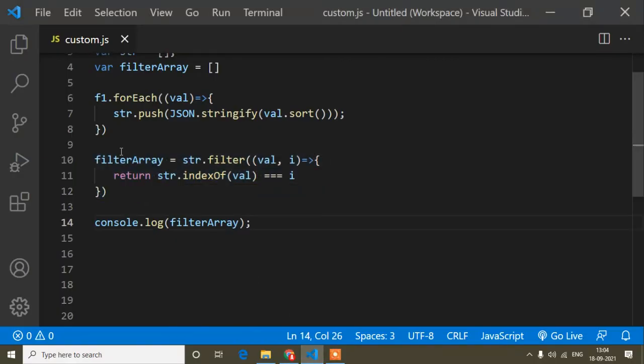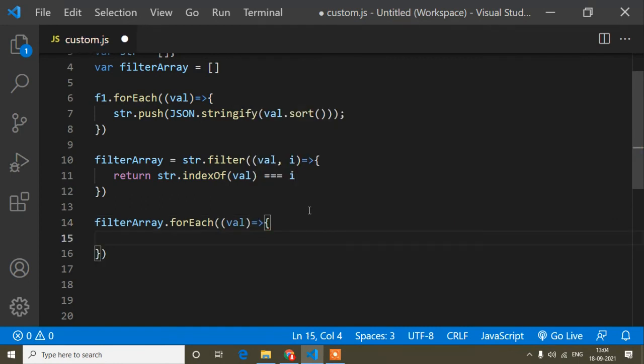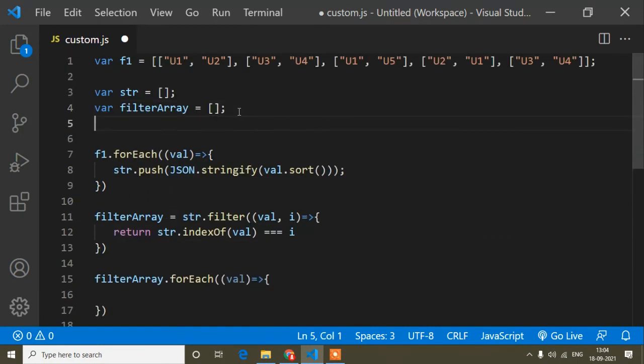So how can we do that? For this filter array I will write filter array dot forEach again, and after that value, and I will convert it into a string array format. So I will write another variable, var result, the actual result array.